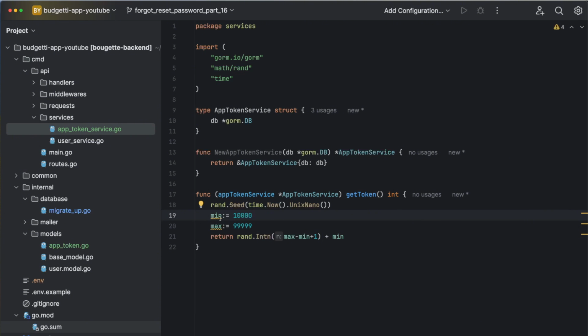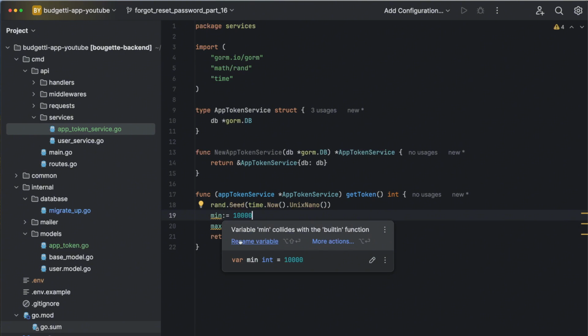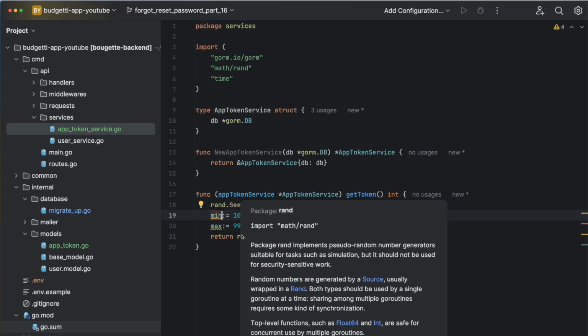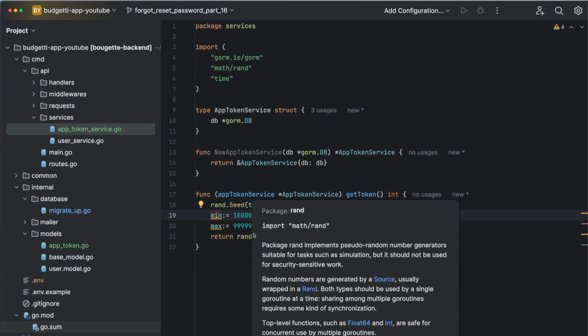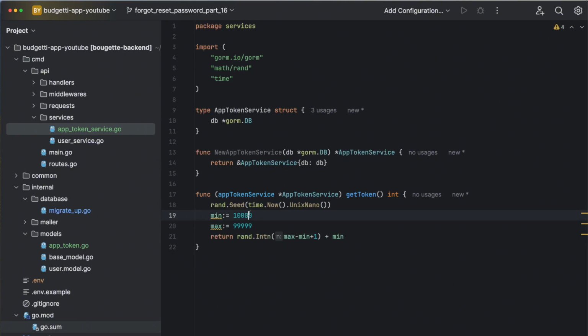So now that we have that defined, okay, it's telling us that it collides. Actually, we don't necessarily have to do this. So let's just say 99999 being the maximum, 10,000 being the minimum. So we don't need these variables, right? This is our maximum minus minimum, then plus 1. The next thing we need to create is a function, as I said, that we can use to